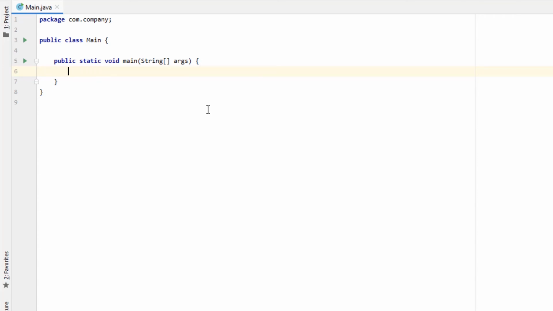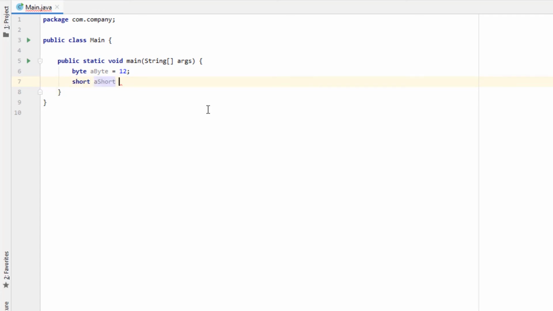So let's look at how to make use of variables and data types. Within our main method, let's create the following declarations. byte aByte = 12; short aShort = 1234; long aLong = 123456789874L; int anInt = 12345;